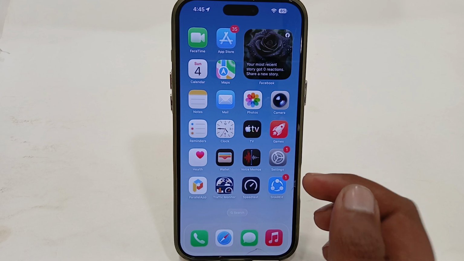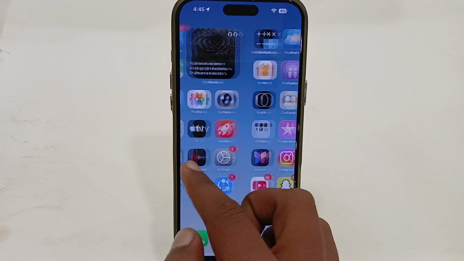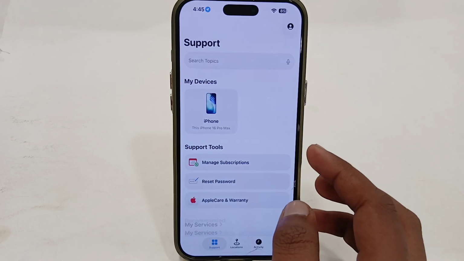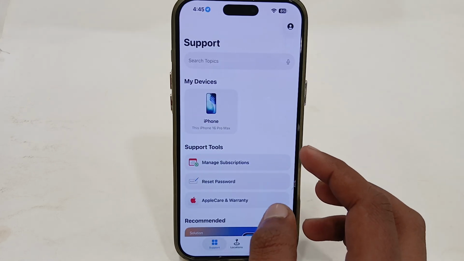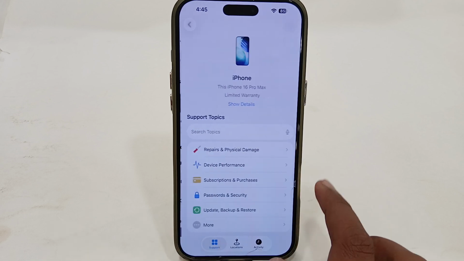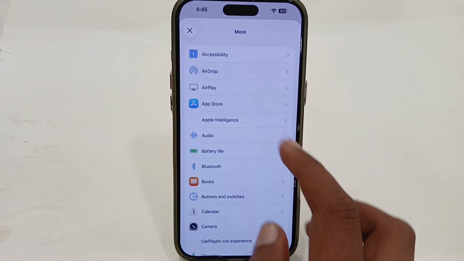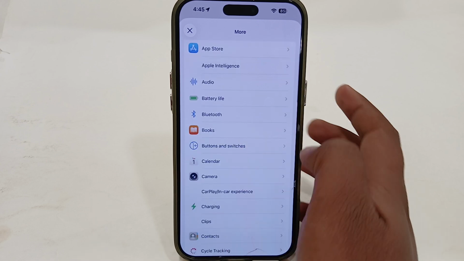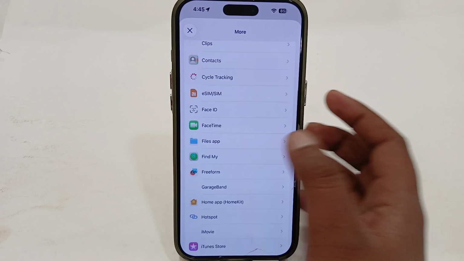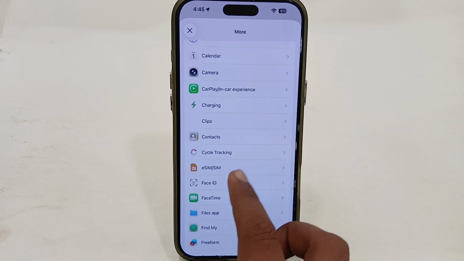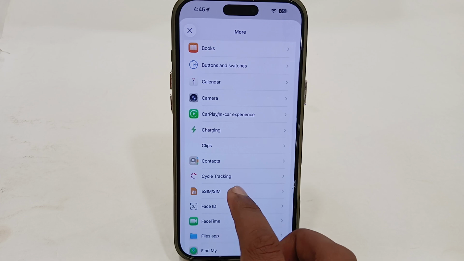But if your issue still persists, you have a single way. You just have to open your Apple Support app. You can easily install this app from your App Store, or you can use Apple Support Web. Select iPhone from here, then select this More option, and here you just have to select the Cellular, SIM or eSIM section, or the option which you find. So in my case, I have this eSIM option, so I'm gonna select this one,